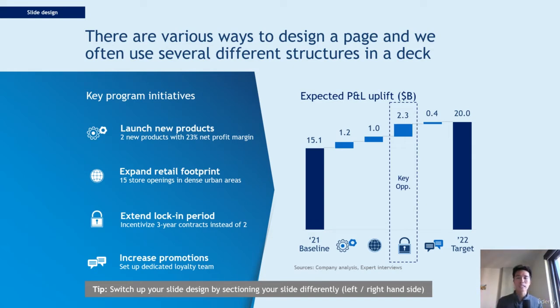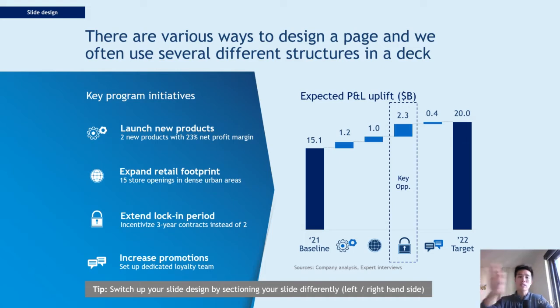Now, if you want to switch things up, there are different ways to do it, right? You can squish the left-hand side, make it 1/3, squish the right-hand side, make it 1/3. So kind of like moving the dividing line in between the two parts back and forth, depending on how much data you have on each side of the page. That's one way to make it a bit different. The other way to make it a bit different is to